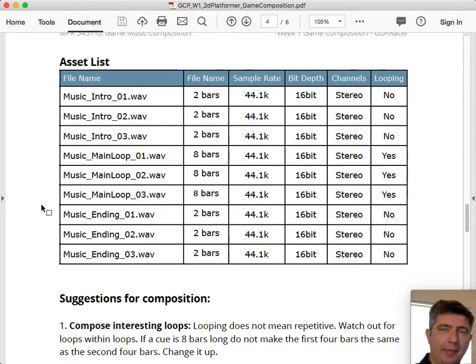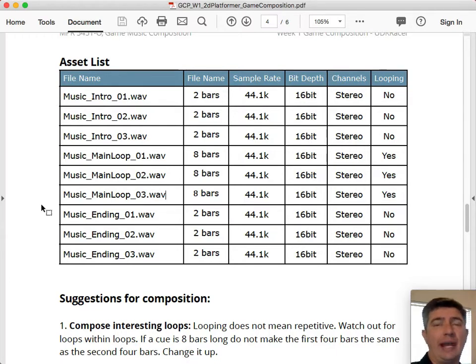So, do not think about this as 9 different files. Think about it as one composition. It has 3 different sections, intros, main loops, and endings, and each of those have 3 different variations. Now, the variations need to sound similar enough to each other that they feel like they come from the same song. It needs to feel like the same band playing the same instruments all the way through this similar composition.